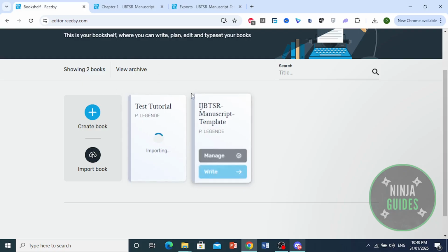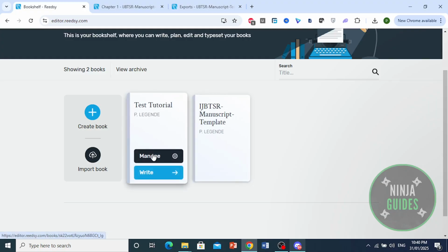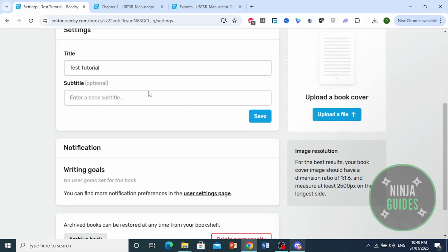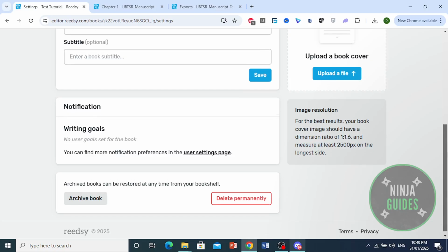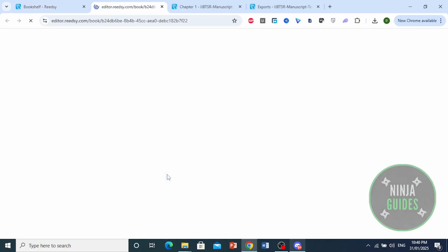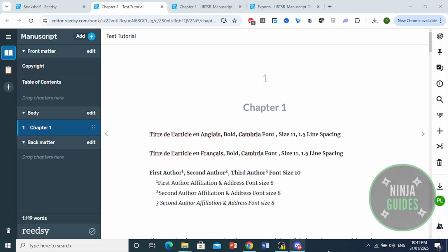And I already have another book here. So come here, just click on manage. So we're going to switch up the settings right here. If you want, you can go ahead and do that. But what I'll just do is go back and continue on it. So just tap on the book and it'll open up a new tab right here, okay? Okay, now, if you want to format, for example, this, you can go ahead and highlight this and format it